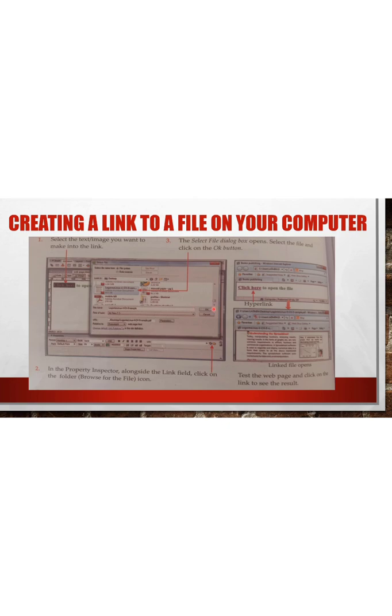Now, after clicking the OK button, the debug or browser option is available in your document toolbar. You have to click on that. Then your web page will open like this. So "click here" is the hyperlink created. See, here it is entered as "click here." This is the text selected here. So this is the hyperlink created here. You have to click here. When you click on this hyperlink, it will open another web page. This is the content of that hyperlink. So this content is available in this file that is available on your computer. Right, so this is the way you create a link to a file on your computer.